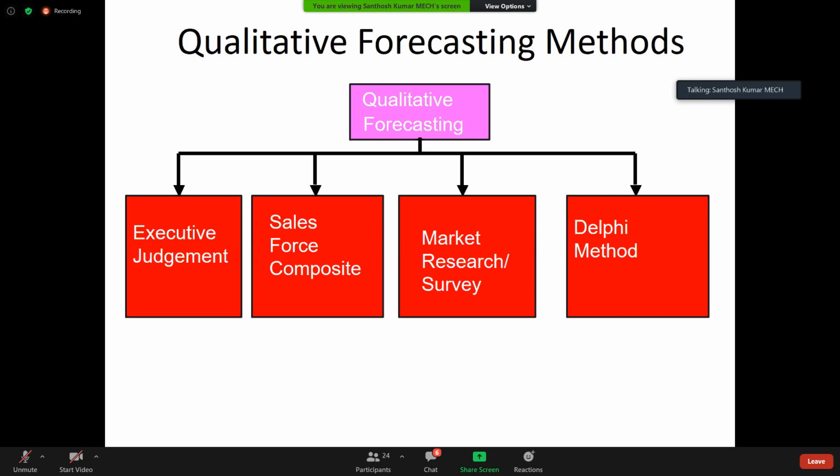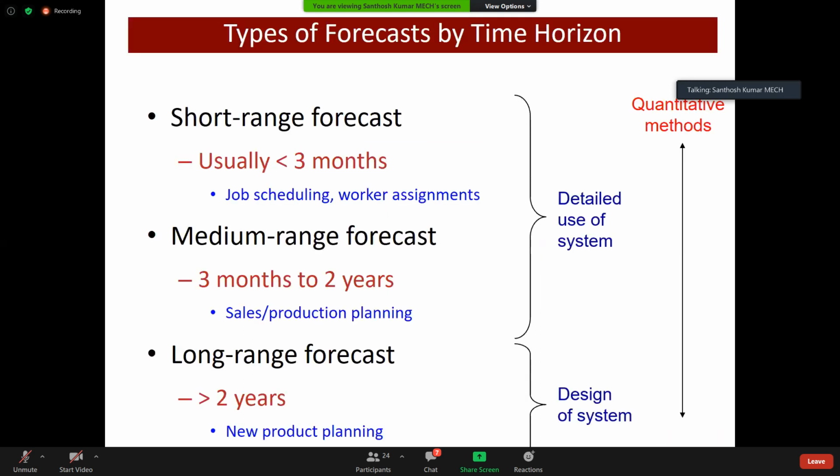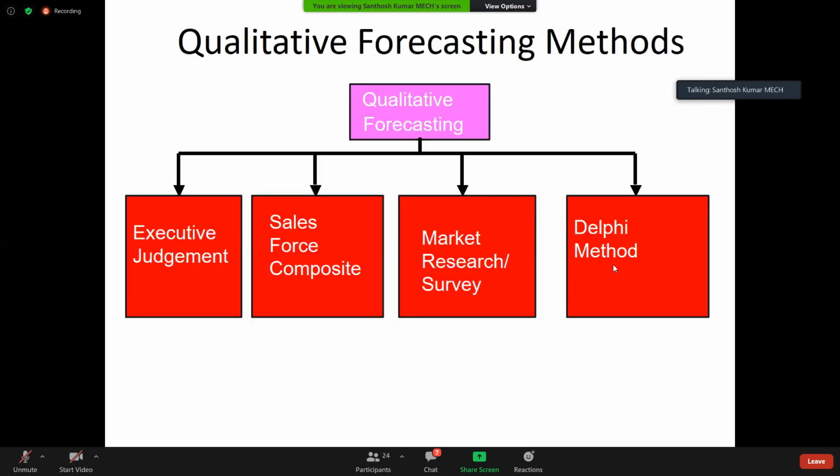In product design studio, before starting any product, you used to go outside for a market survey for one week. Before that, you make some questionnaire, and similarly in any company also. For you it is a simple file, but for them it's crores of rupees. So they will take around one or two months, or big industries will take two years. That's why in the previous slide, for long range forecasting, they take two years only to design the system. In this system, they forecast through market survey, customer analysis, all those things. And the Delphi method is something